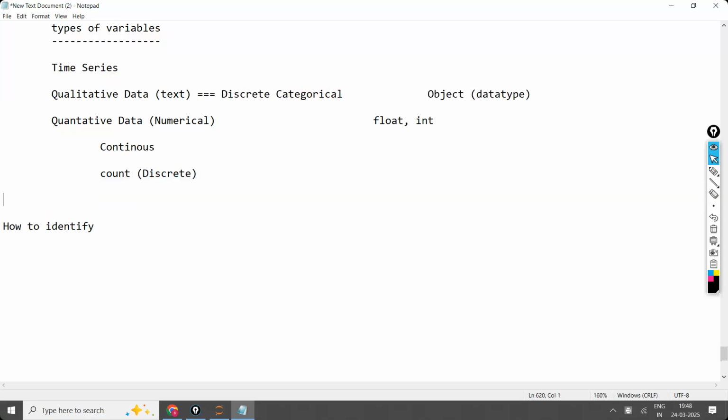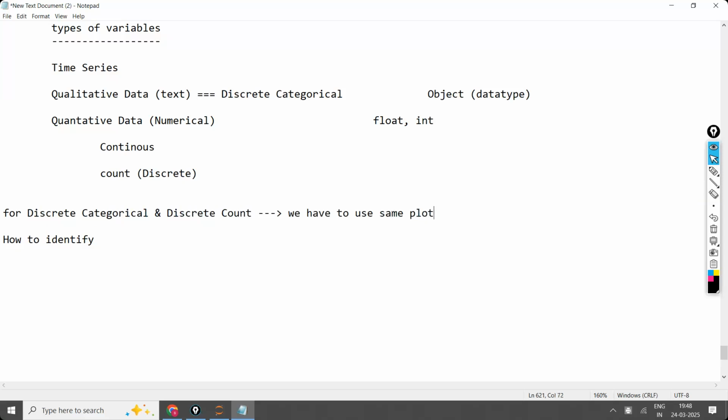For discrete categorical and discrete count variables, we have to use the same plots, same measures, same logics, same